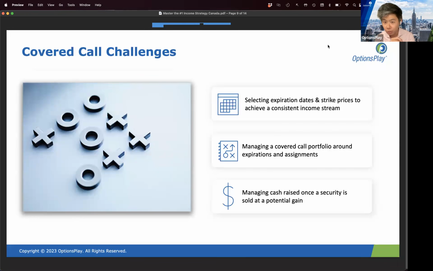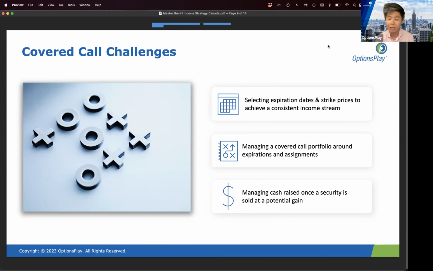Now, that part, in my opinion, is fairly easy. You write that down, 45 days to expiration, 10 deltas. Every single time you sell a covered call, you should be using that rule. If you do that, you should have a fairly consistent income stream and capture most of the upside in the stock. Now, when it comes to managing that covered call, that's really where you have a few different scenarios.